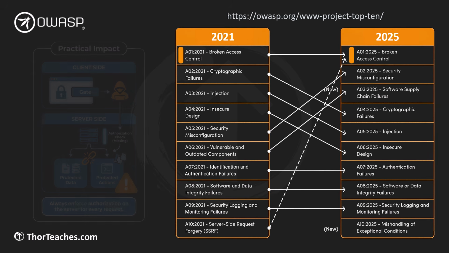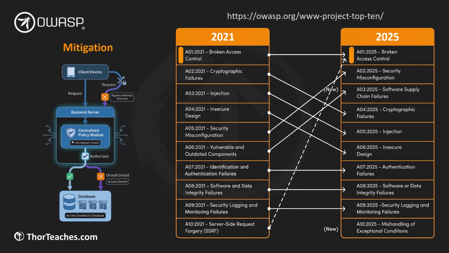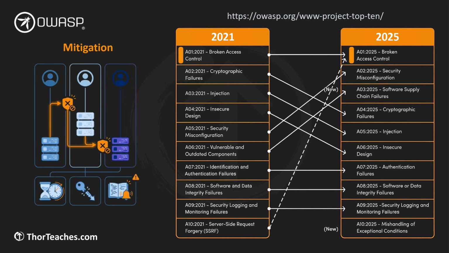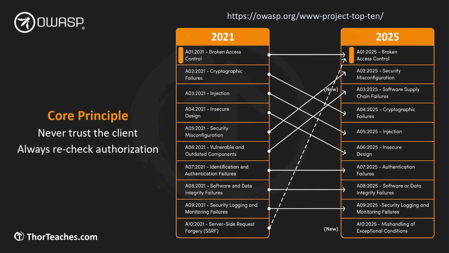So how do we fight this in practice? We deny by default. Nobody gets access to anything unless you explicitly grant it. You centralize access checks in trusted server-side code, not in JavaScript in the browser. You enforce ownership at the data level so users can only see and change their own records. You log failed access attempts and pay attention if someone keeps poking at things they shouldn't reach. And you keep tokens short-lived and easy to invalidate. Zero Trust can fix much of this, not all, but much. If you remember one thing here, it's this. Never trust the client, always recheck permissions on the server, and assume that anything that's not locked down will be